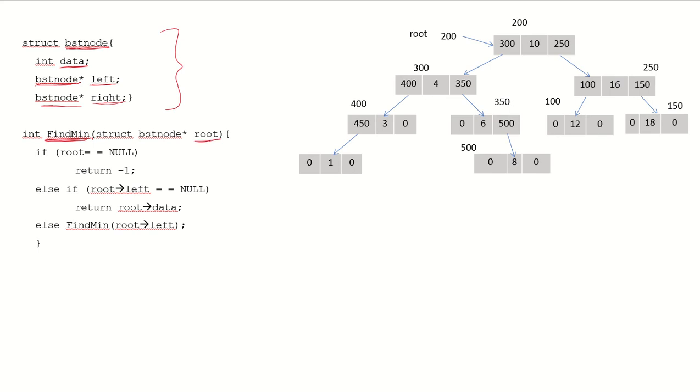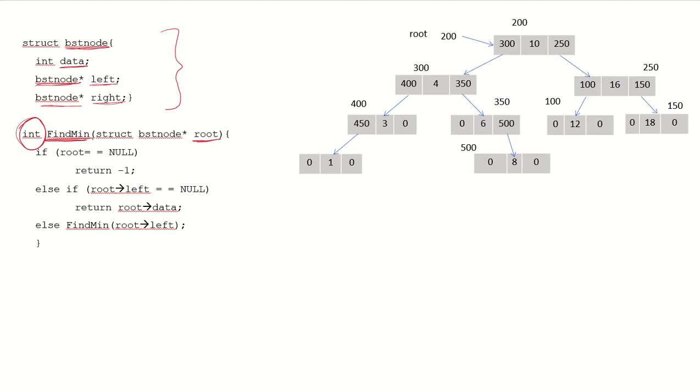We are going to pass the value of the root pointer to this function. That means we will access the root node, and through that root node we will try to find the minimum value. After the execution of this function, we are going to return the least value that was found. So the return type is an integer.